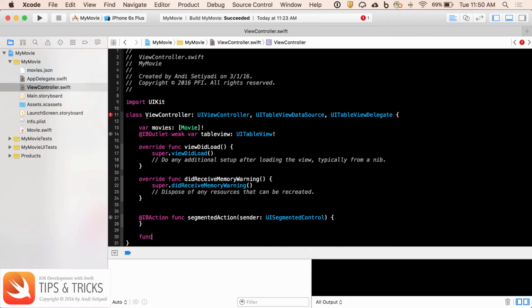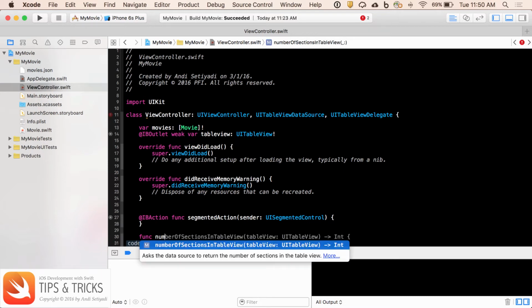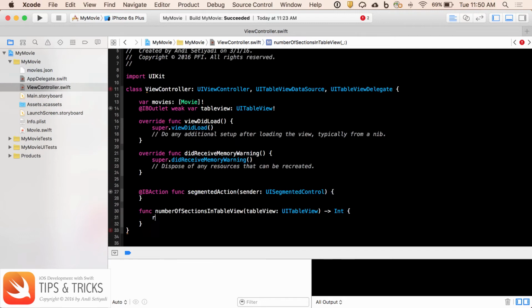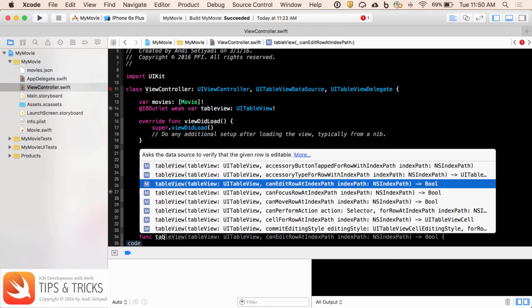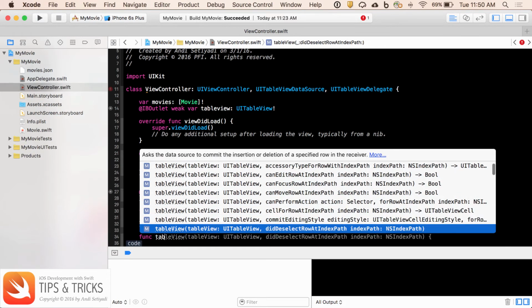First, I'm going to set the number of sections for our table view. So number of sections in table view. And we're only going to have one section. And then the next thing is we want to set the number of rows. So we're going to call table view, and then we're going to set number of rows